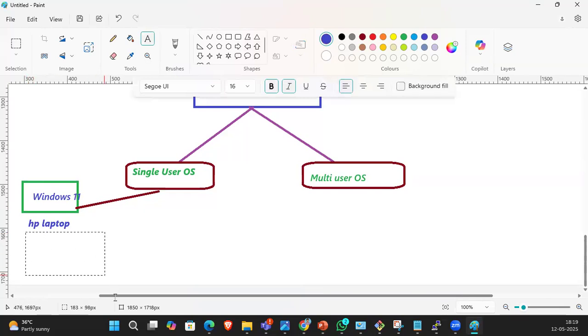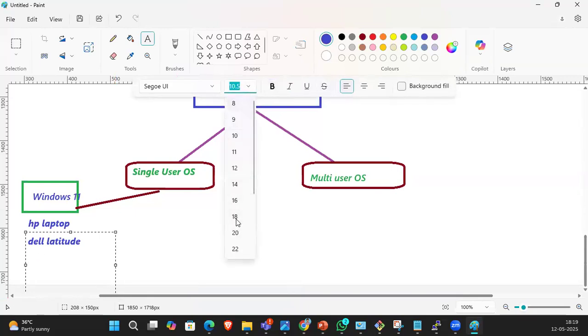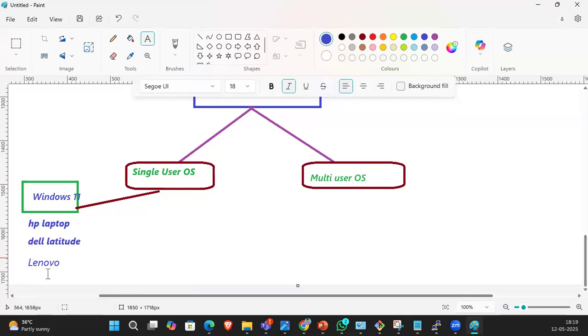So what are the hardware companies that developed for the single user purpose? Dell, HP, Dell Latitude, Lenovo, Asus, Compaq. These all are single user operating system supported hardware.